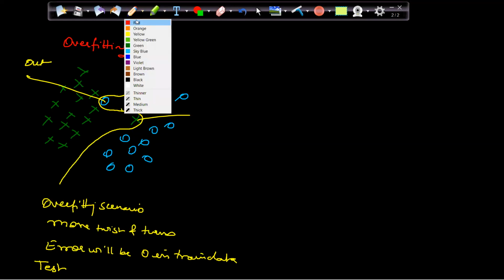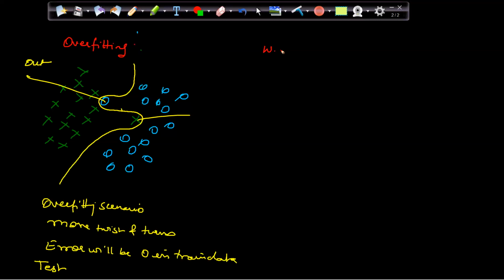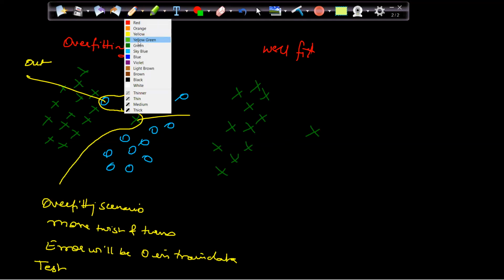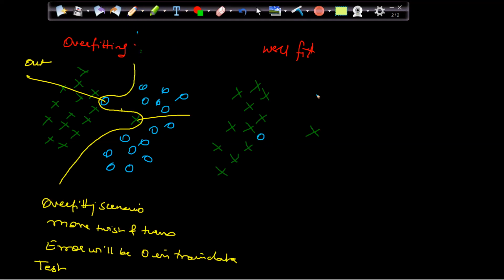Second scenario is well fit. Well fit. Where I have the data points. Here are my data points.